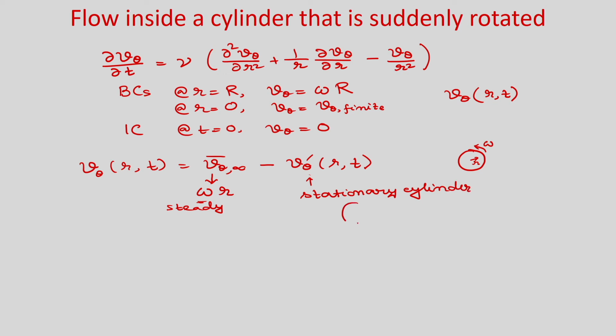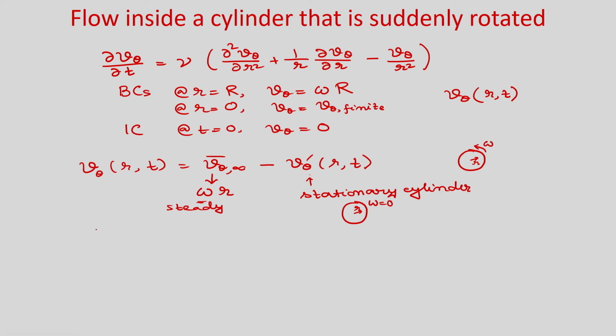Okay, so here omega is 0, so this is a stationary cylinder. For this you are going to find the velocity profile. In the r direction you will get a homogeneous direction, but in this case you will not get a homogeneous condition. So for this problem, obviously you can see that we have decomposed it into two problems, so that in the r direction you will get a homogeneous boundary condition.